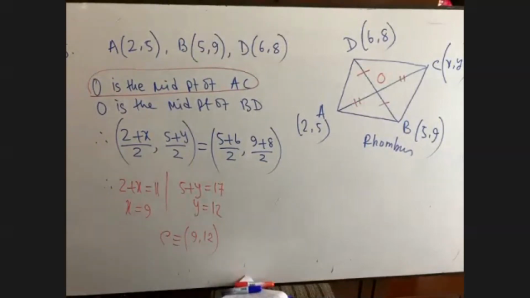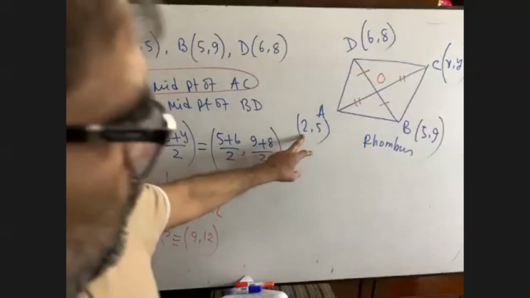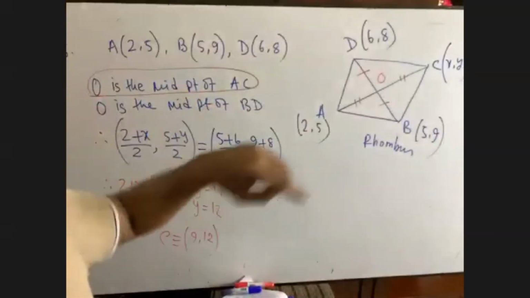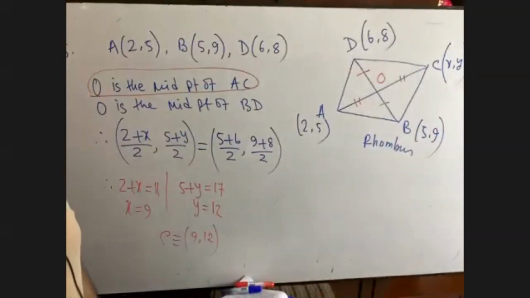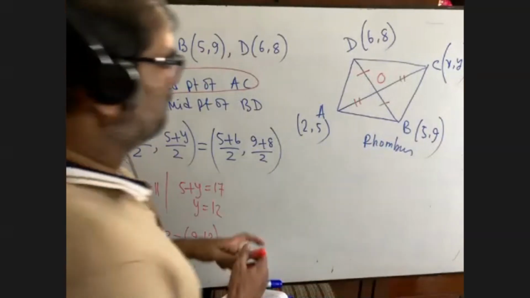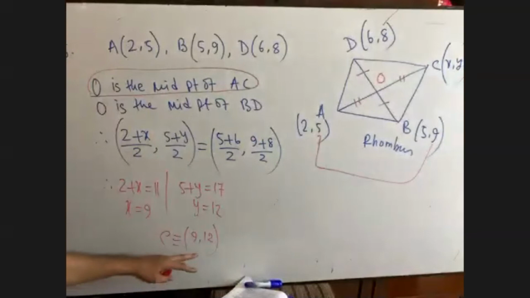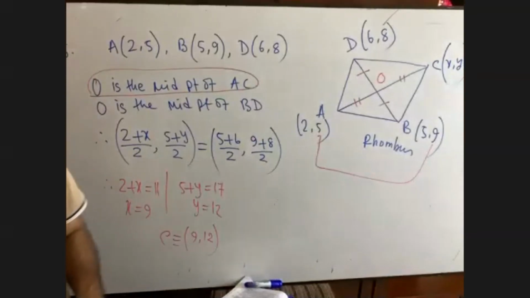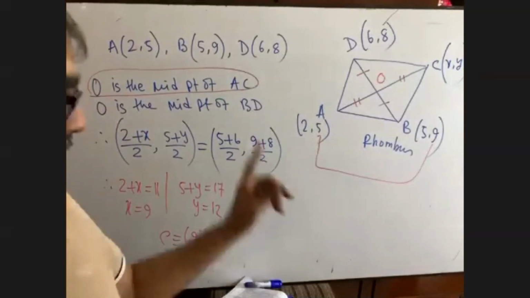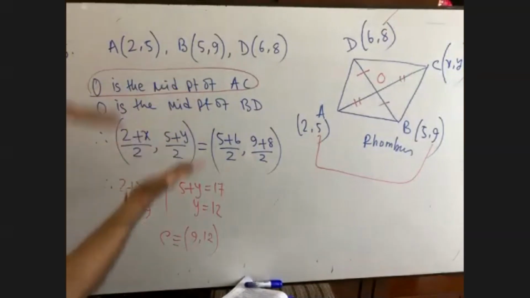Yes, sir. But that day I showed you another rule. Can you remember? From 2 to 5, we are getting 3. So 6 plus 3 equals to 9. Can you remember, please? Yes, sir. From 5 to 9, we are getting 4. So 8 plus 4 equals to 12. We have got 12, right? Anyway, so I think you have got it right.